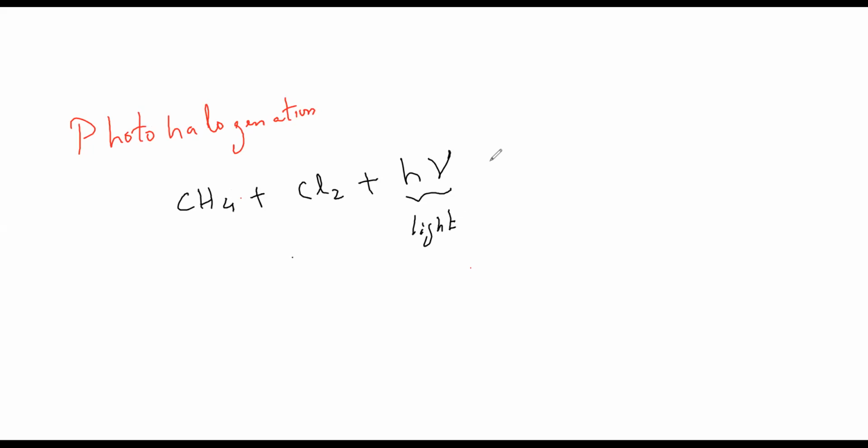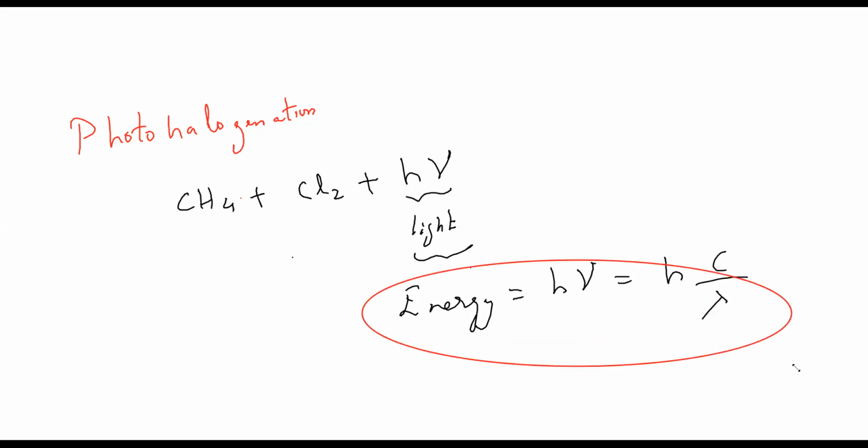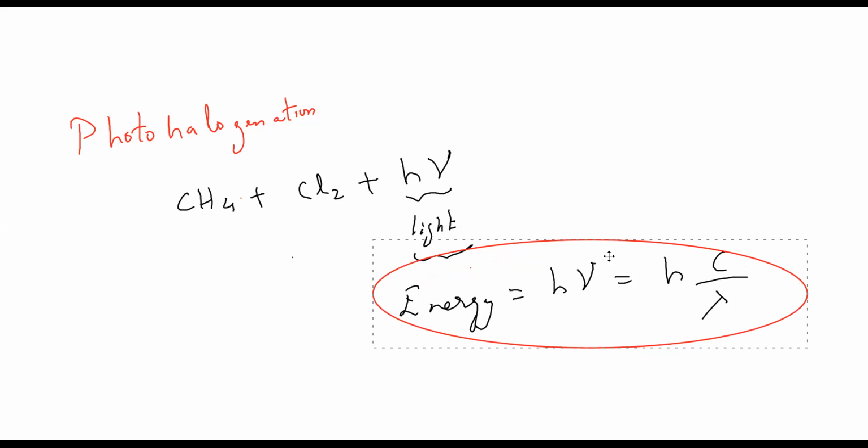If you don't know what is this h nu, light. Light is nothing but what? Energy for us. E is equal to h nu, correct? Or what is our nu? c by lambda. This is a very important thing for the entrance also. This full thing, guys, is very important from the entrance point of view. They will ask problems. E is equal to h nu or hc by lambda. So in my class, I am able to connect and teach you. I can tell you what is coming for the exam, what is not.